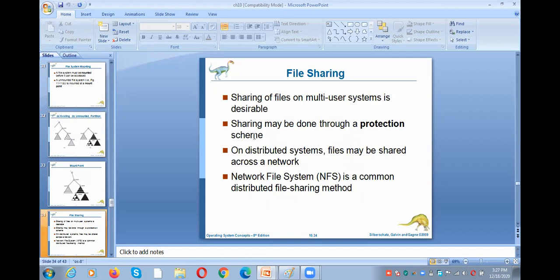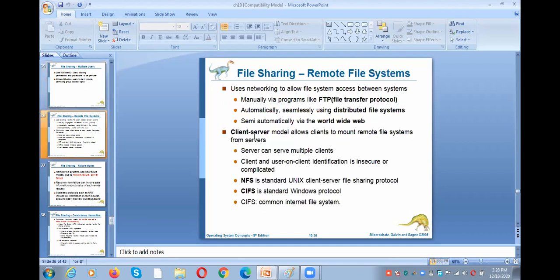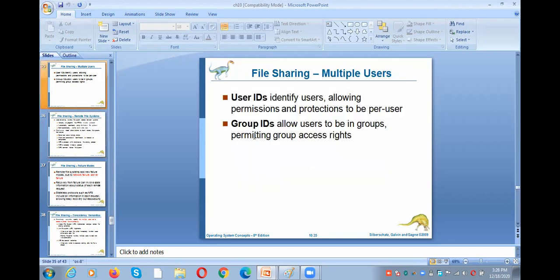And then sharing files among multiple users. In order to share the file with multiple users, you need to have user IDs for whom you want to share the file, and what type of permissions you have to give. Based upon the user ID, you can distinguish the users to whom you want to give all the permissions, to whom you want to give control of access, to whom you give write permission, and to whom you want to give read permission. All those things we can give based upon the user IDs. Also, we can give access to a group of people by using group IDs. This is about file sharing among multiple users.